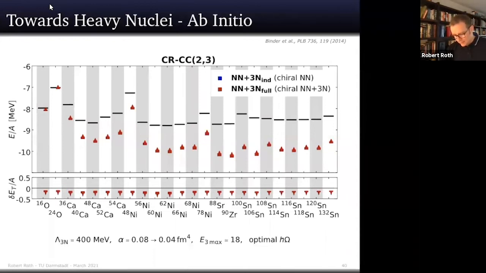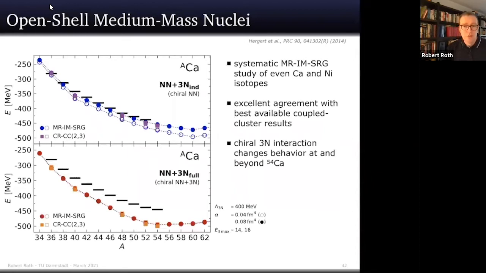And this is seen also in other calculations. This was coupled cluster. We can have a look at in-medium SRG calculations, and these now include open-shell isotopes. This is the full calcium isotopic chain with the same interaction. Let's just look at the panel down here. The panel up here is if you just keep the initial chiral two-body force. We don't need to discuss this. I just want to keep the full Hamiltonian, which means the initial chiral 2 plus 3-body interaction. And you get these red results here for the calcium isotopes all the way from calcium 34 to